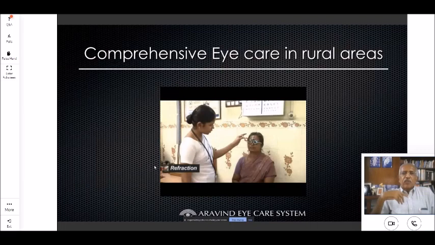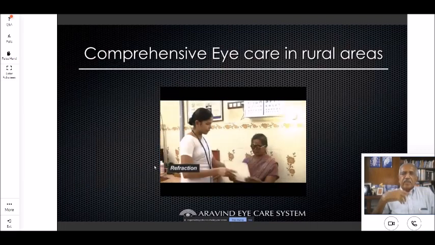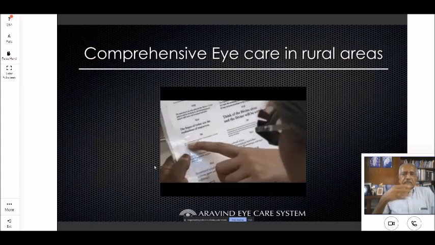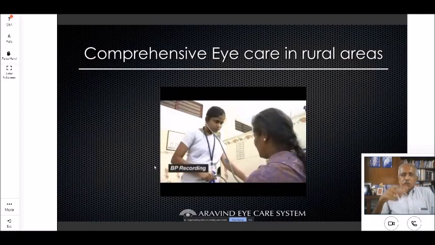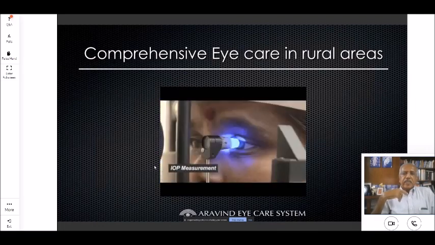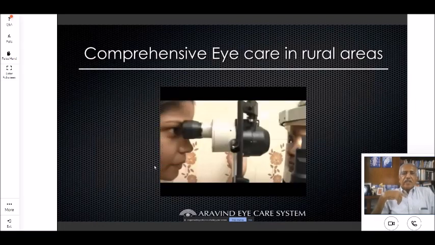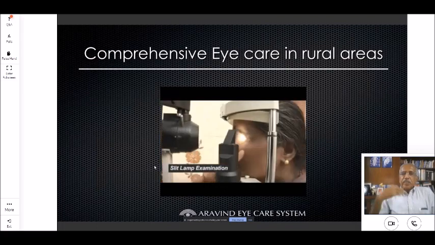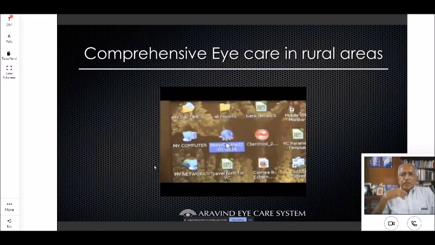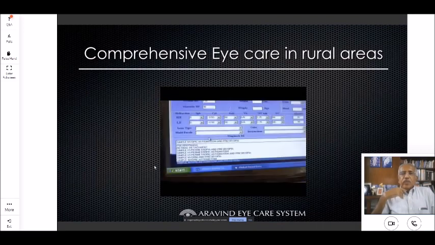She's being checked here for glasses by a well-trained technician, both for near and distant vision. And then we also use the opportunity of checking for blood pressure and diabetes. She's being checked for glaucoma. And then this is what eye doctors also do, some imaging. Then all the information is